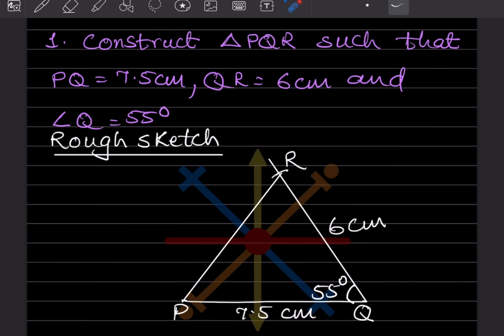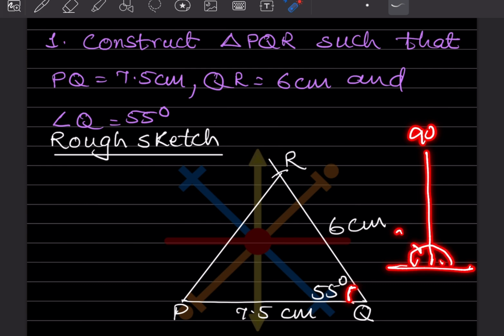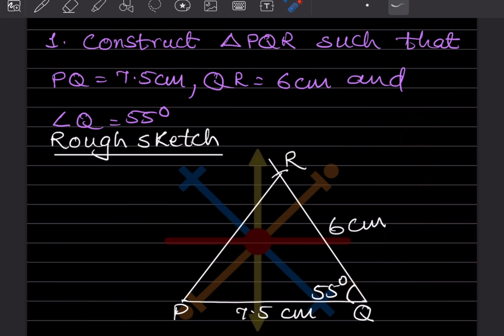Now here this angle Q is given as 55. Whenever we have to construct directly, we can do this with the help of the protractor, because if we are constructing it, this is 90 degree, the first arc is 60 and this is 120, so we cannot do this 55 with the help of this construction. So we'll take the protractor and keep it over here, and directly we'll see 55 degree and we'll draw